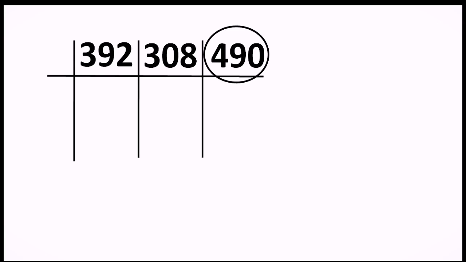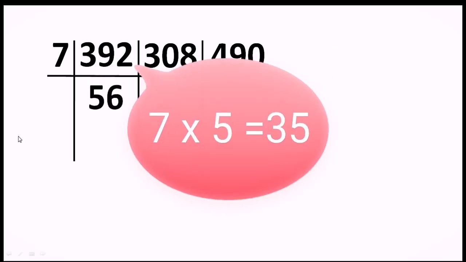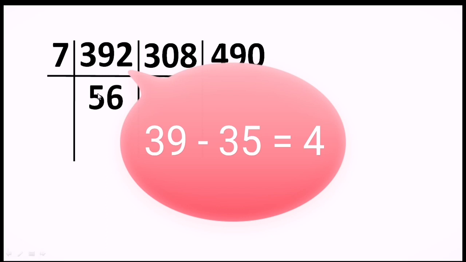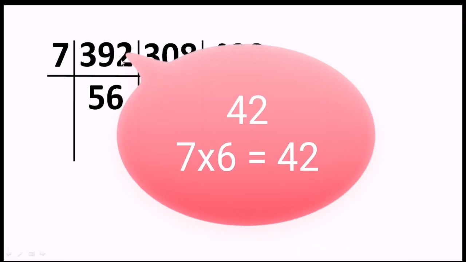From where I got the hint? From the last number. But just getting a hint is not enough, we have to tally it also. The moment I tallied with the other two, I got the quotient 7 after division, right? So the moment you divide 392, we get the answer 56, because the first two digits are 39, the nearest number in the 7th table below 39 is 35, that is 7 5s are 35. So I wrote 5. When you subtract 35 from 39, you are left with 4, and that makes the number 42.